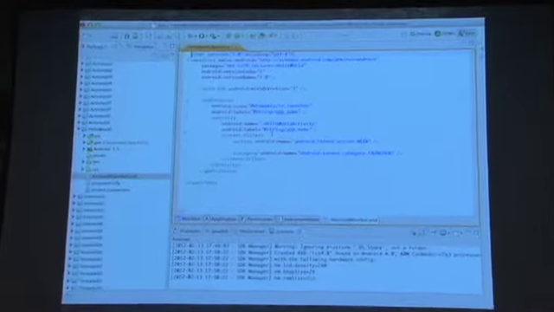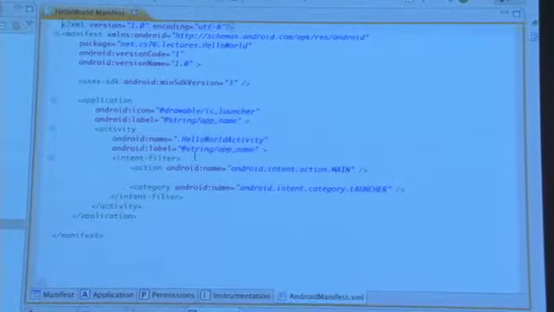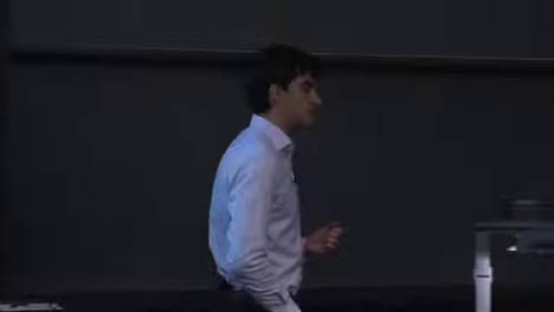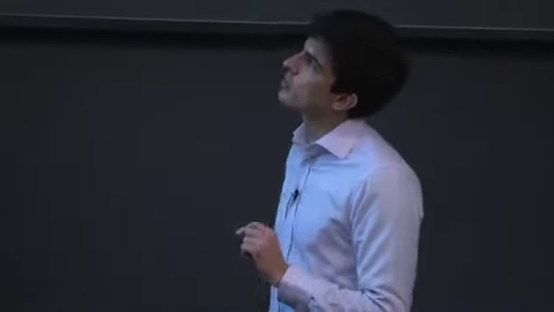So XML files you're going to see all over the place. We're going to use XML files to define some layout, for example. You can use XML files to even create animations and a variety of other things like that. And you can use them to create shapes and all sorts of different things. So these are important because it allows us to easily edit and modify these files, but they